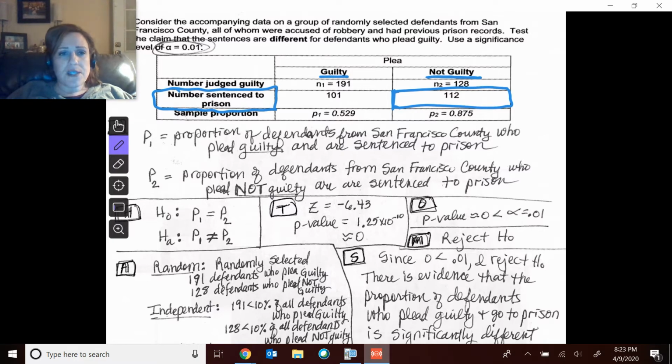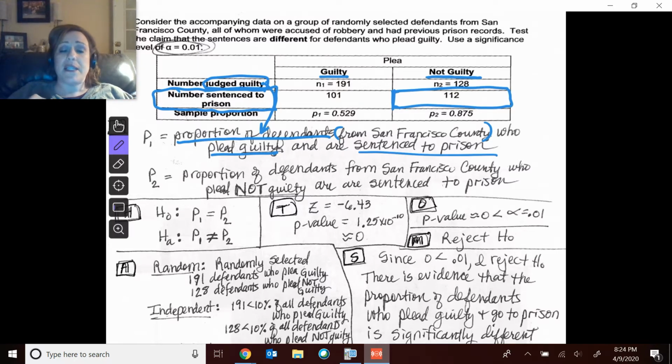So look at the parameters here. This first one says the proportion of defendants from San Francisco County, so all the ones in this particular location, who plead guilty. The denominator is the defendants who plead guilty and get sentenced to prison. I probably ought to have put in here that they plead guilty and are found guilty. Or I could say the proportion of judged guilty defendants. The proportion of defendants that were judged guilty, who pleaded guilty from the start, but then get sentenced to prison,